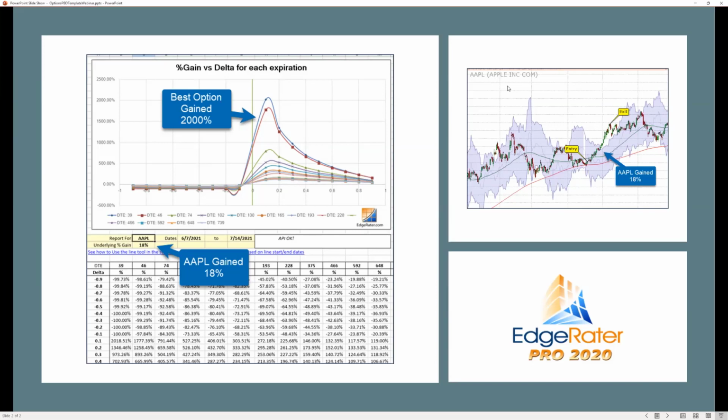The example is, if you look at the right-hand chart over here of Apple, you can see how Apple has performed between two dates by visually looking at the chart. And between this entry and the exit, you can see Apple gained 18%. And often it's useful to know what options would have done over that time frame too. This template allows you to draw a line on the chart and see the report that is shown on the